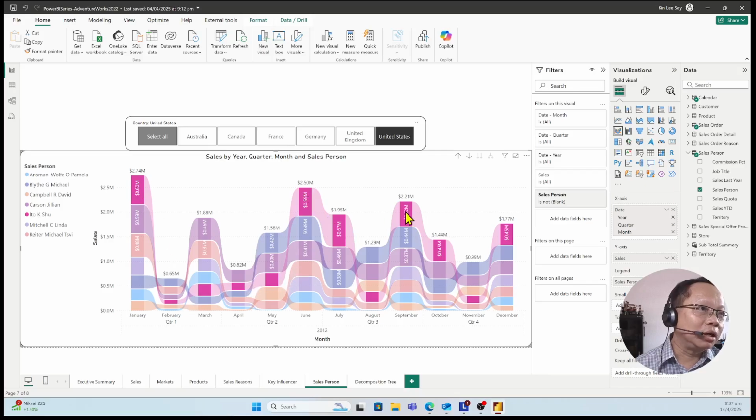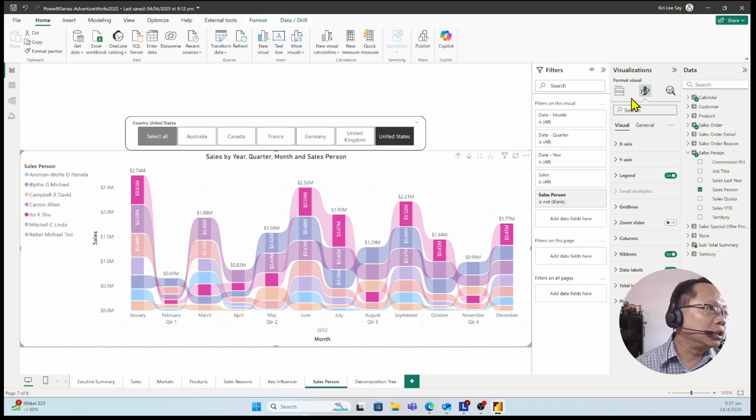Okay, ups and downs. How are we going to display this information here? This is very simple. Just go to format visuals and data labels. You just turn it on. So you are able to opt in. So this goes on and on. Okay,